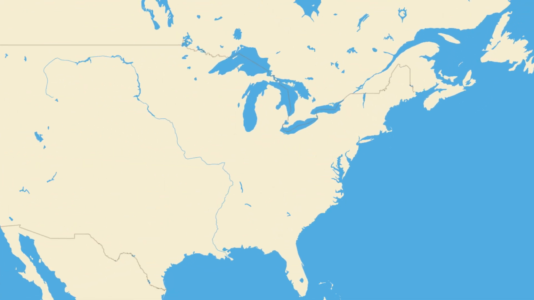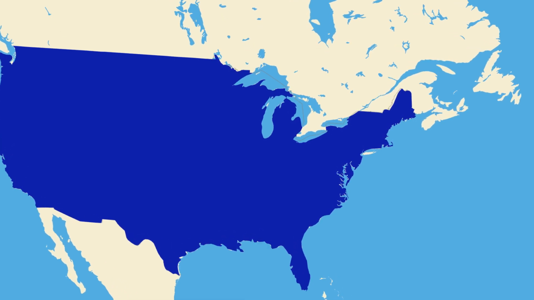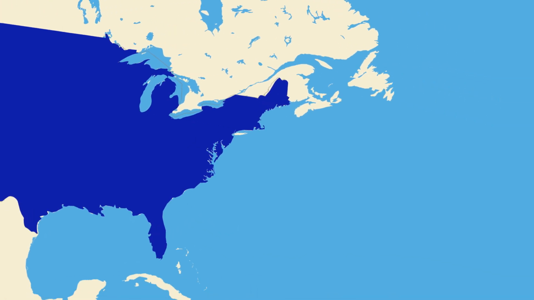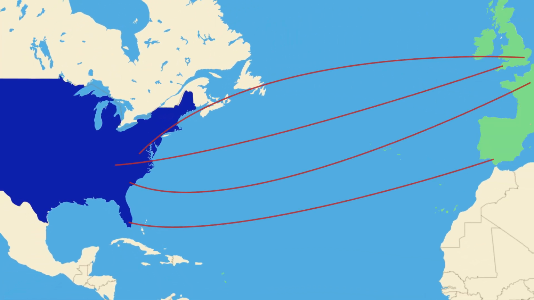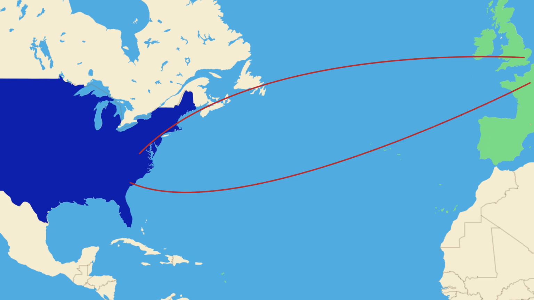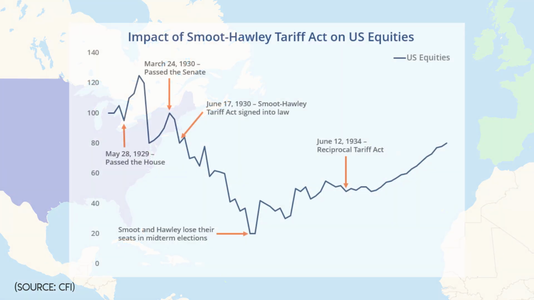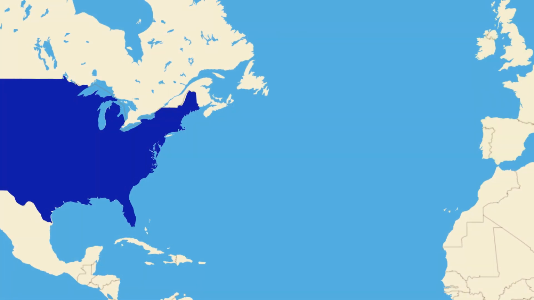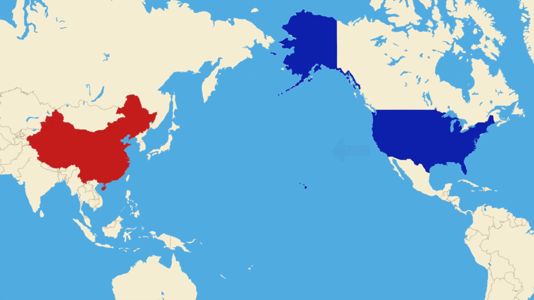Tariffs have produced both successes and failures. The U.S. tariff of 1816 helped American industry flourish by reducing dependence on British goods. However, the infamous Smoot-Hawley Tariff of 1930 backfired, triggering international trade retaliation and worsening the Great Depression. More recently, the U.S.-China trade war of the 21st century demonstrated how tariffs can have mixed results, protecting some industries while burdening others with higher costs.